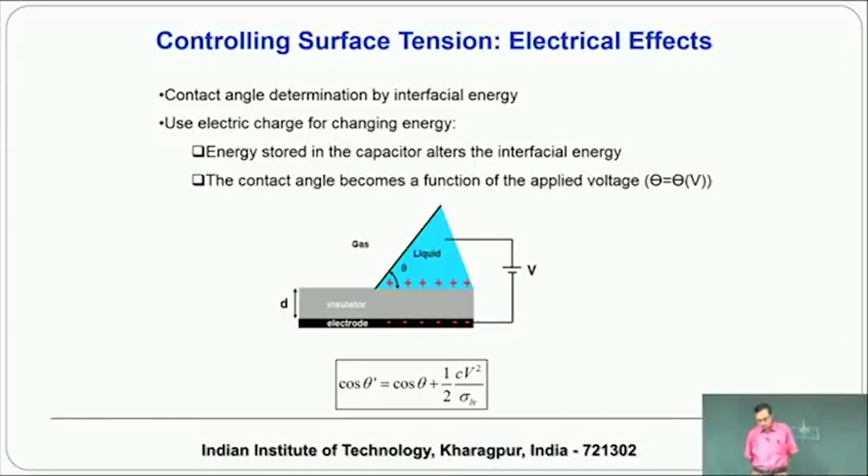Imagine that there is a microfluidic substrate, say glass, on which you have coated some electrode, typically ITO coated glass, for example. In the figure shown in the slide, you have the electrode at the bottom, and on top of that you want to have an insulator,